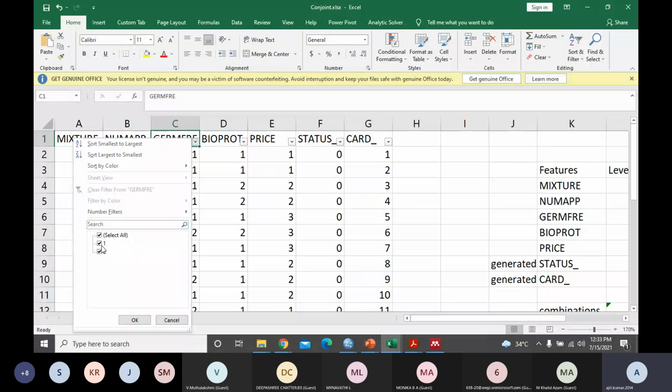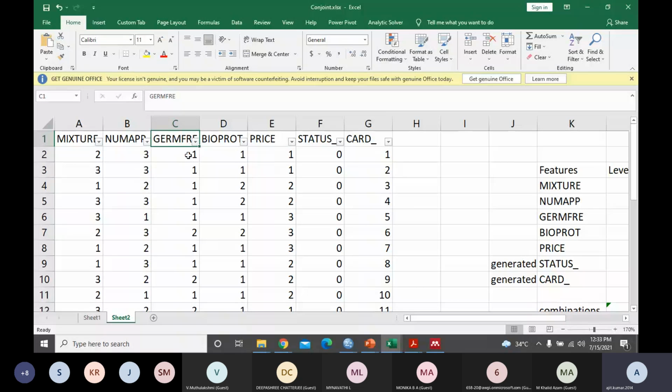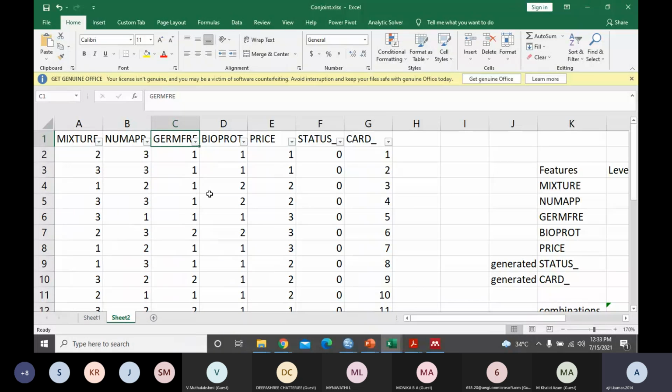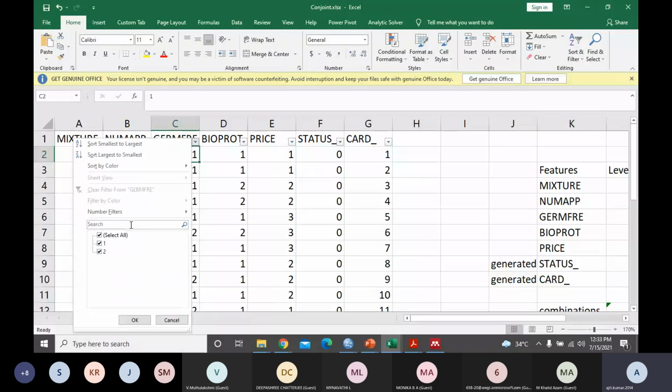Yes or no. You will ask questions in yes or no and then convert them to 1 and 2. How it is done in SPSS, I'll tell you, so let's have a look at it. But when you use this in Excel, you'll write these numbers, with yes or no converted into 1 or 2.